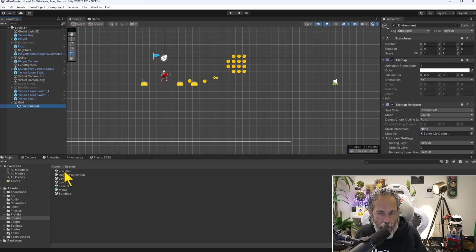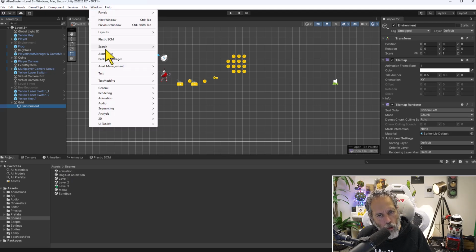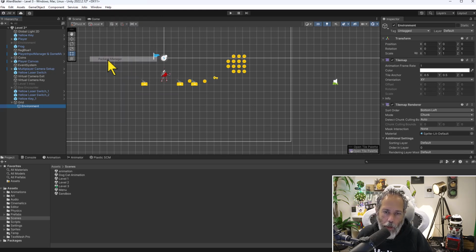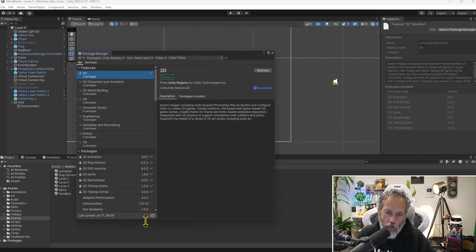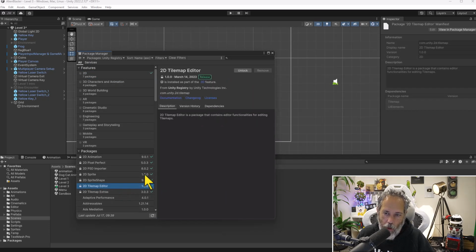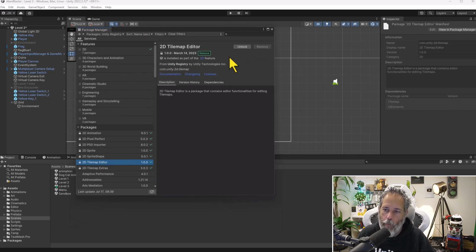Now, if you don't see the tile map option there, make sure that you've got the tile map package imported. You should have it in if you created the project the same way, but if not, you can go to Package Manager, and then inside of the Unity Registry section, scroll down and you should find the 2D Tile Map Editor section. Grab that, import it, grab the latest version, pull it in,